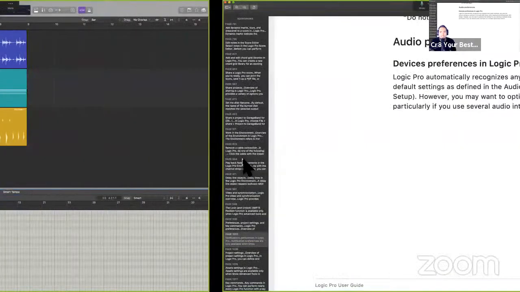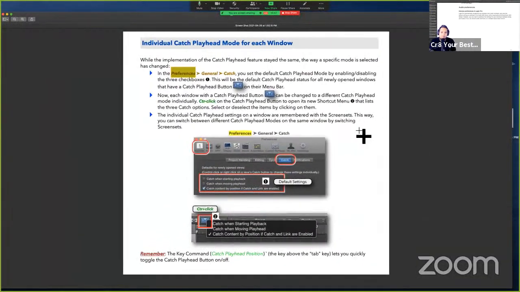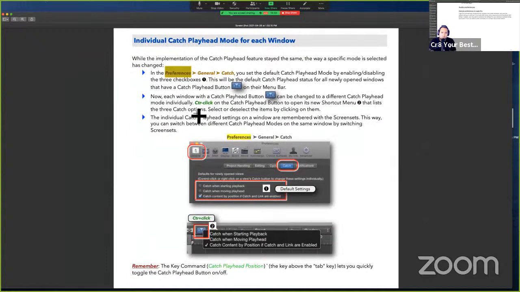And so when I go back to Edgar Rothermich's work here, let's see here. Does he go over it? The individual catch play settings on the window. Remember what the screen sets. We know that. This is something that I'm still going to have to play with because it hasn't been entirely determined